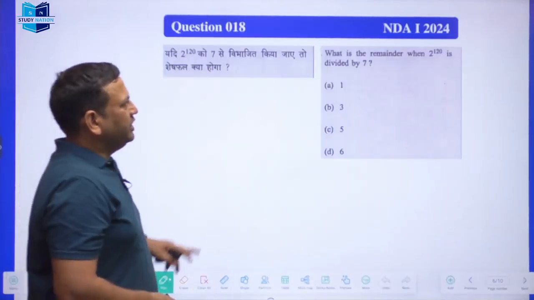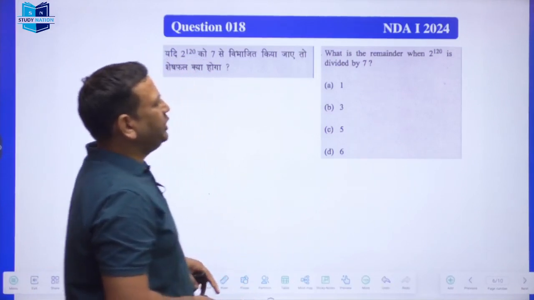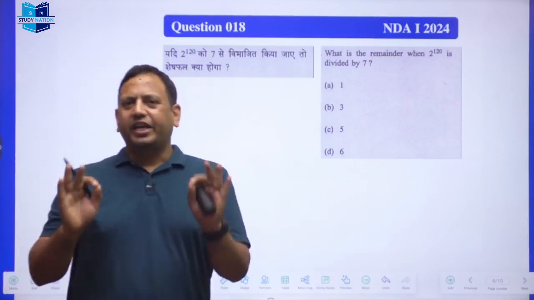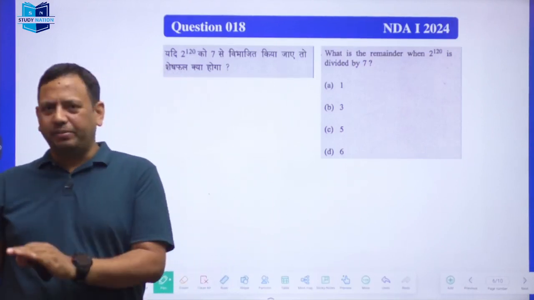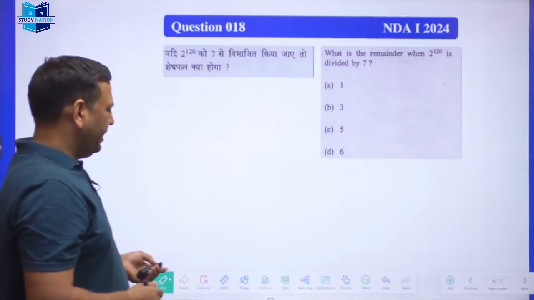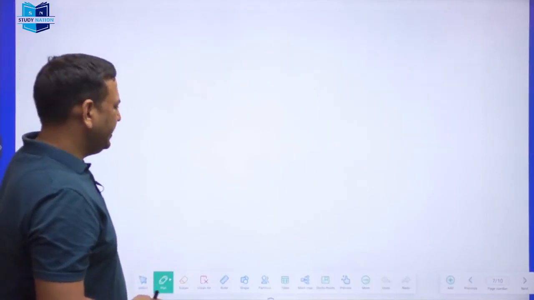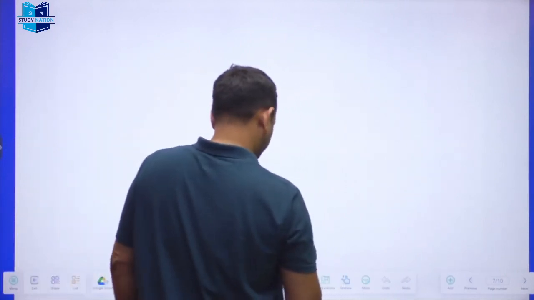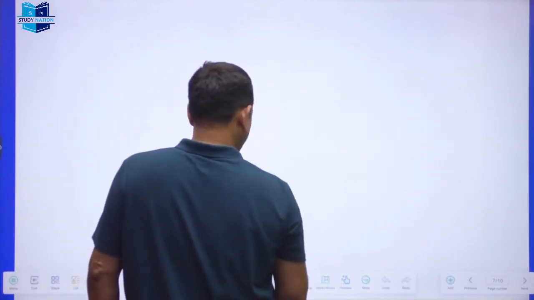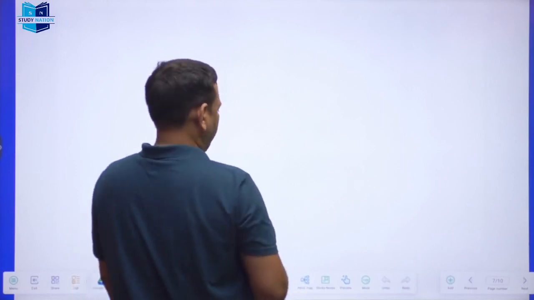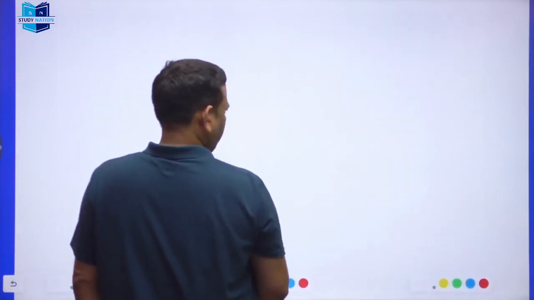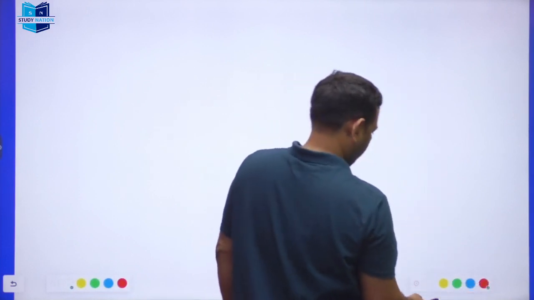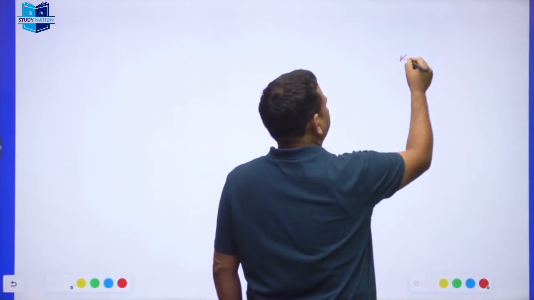Now the question says, what is the remainder when 2 raised to power 120 is divided by 7? Okay. Now everyone, this is the concept of the remainder. Now how to do that? Okay. So let's see first. So understand the concept. So concept says, okay. So let's see the first concept. What it says,